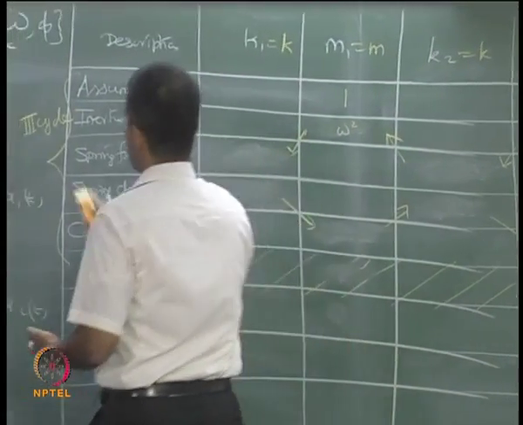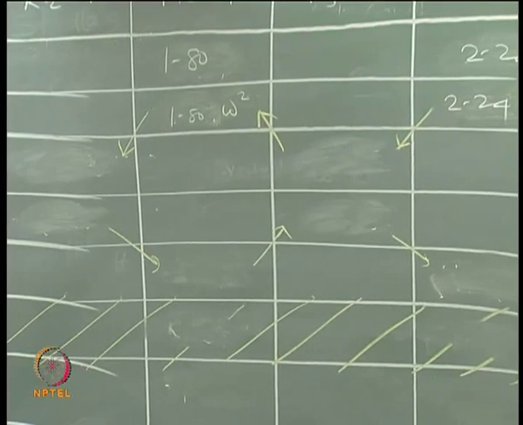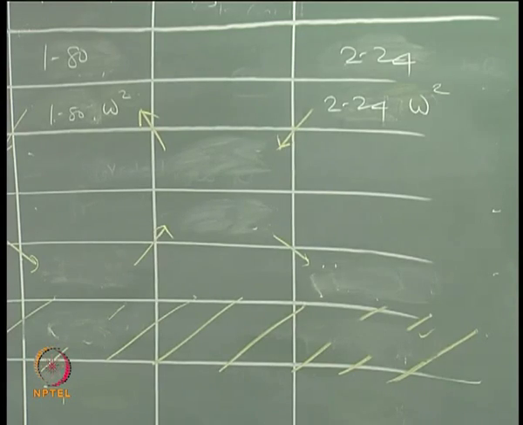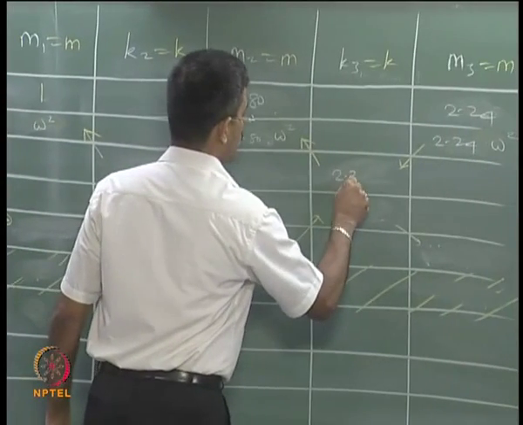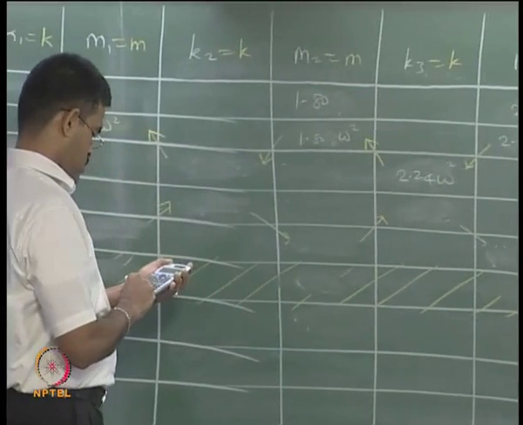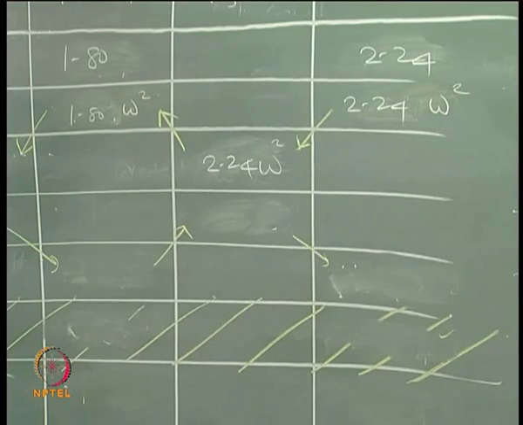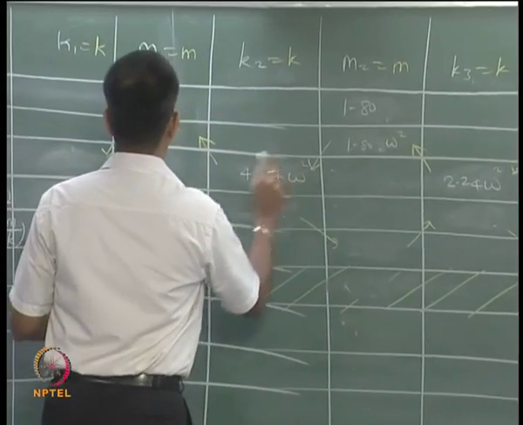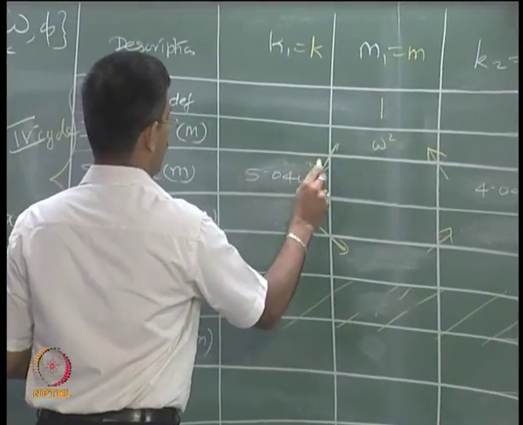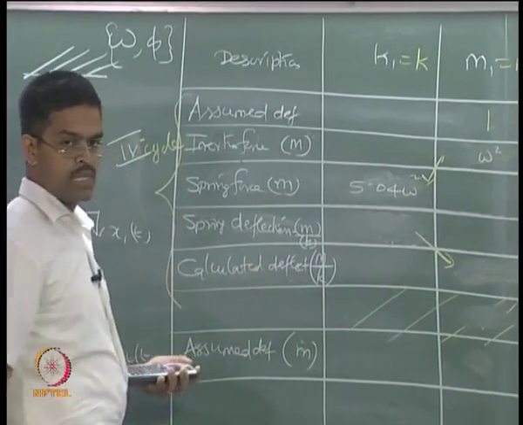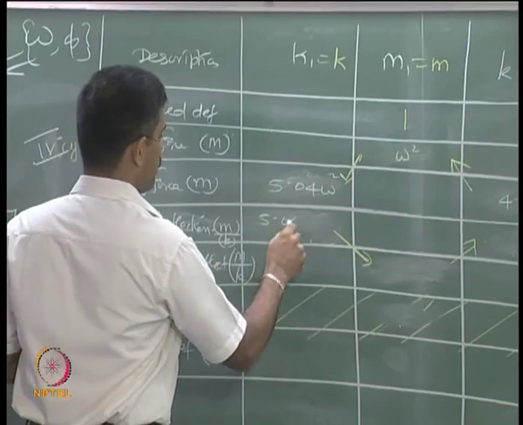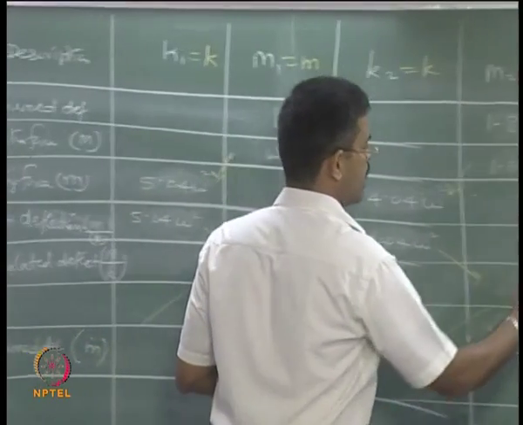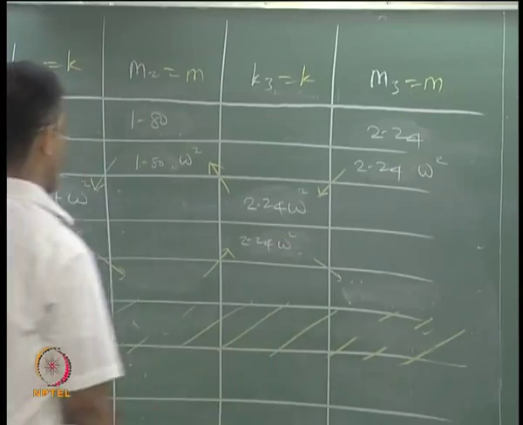So, we are doing the fourth cycle. I started with 1, 1.8 and 2.24. Adding them from the last, 2.24 omega square plus 1.8 gives 4.04, plus 1 gives 5.04, m multiplier is common again. I say now divide by k. So, 5.04 omega square m by k, 4.04 omega square m by k and 2.24 omega square m by k.